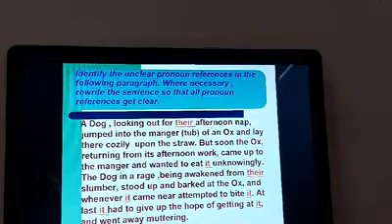At last, he had to give up the hope of getting at it. Who had to give up? We really don't know. Whether the dog had given up or the ox had given up, we really don't know. So here it is also being underlined as an unclear expression. At last, he had to give up the hope of getting at it. "At it" means from what? From the manger?